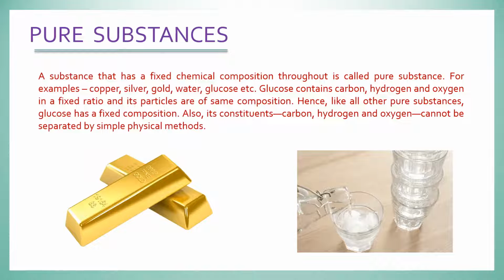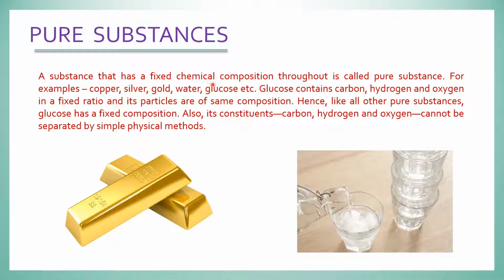So in this slide we will see what a pure substance is। In the previous slide we have seen that mixtures are made up of pure substances। So now we will see what a pure substance is। A substance that has a fixed chemical composition, जिसकी एक fixed chemical composition हो throughout, is called a pure substance। अगर हम इनकी एग्जांपल्स की बात करें तो कॉपर, सिल्वर, गोल्ड, वाटर, ग्लूकोज etc. they all are examples of pure substances। Glucose contains carbon, hydrogen and oxygen. Its formula is C6H12O6,